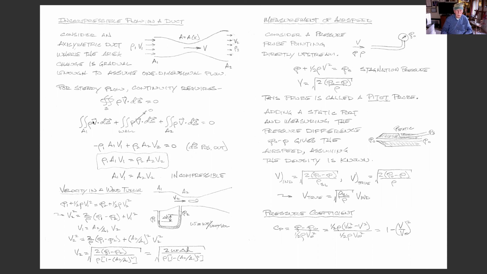We get the integral, this is the flow in and this is the flow out, and we can integrate it, and we say minus rho A V1, because we need to remember the dS is pointing out, plus rho 2 A2 V2, or we get rho 1 A1 V1 equals rho 2 A2 V2. Or if it's incompressible, we get this simple relation. Again, what is important is now we've got a very simple version of continuity,